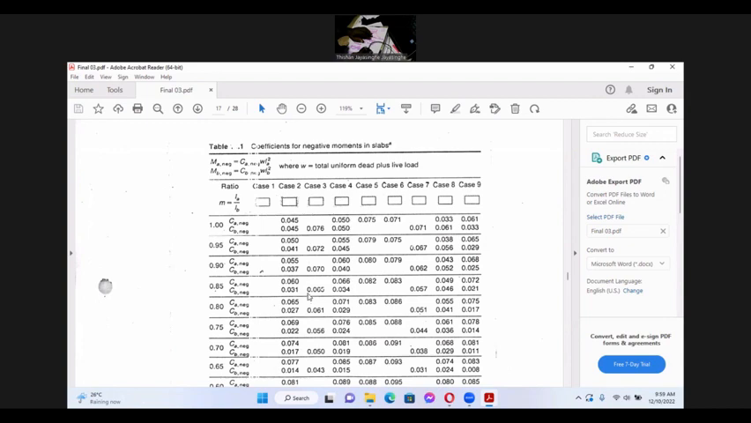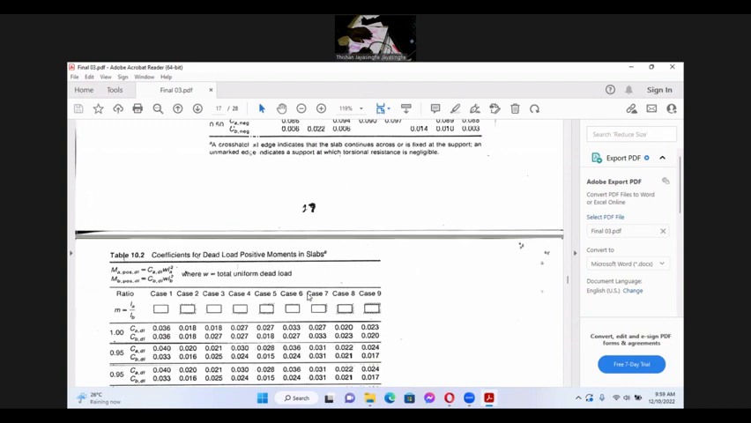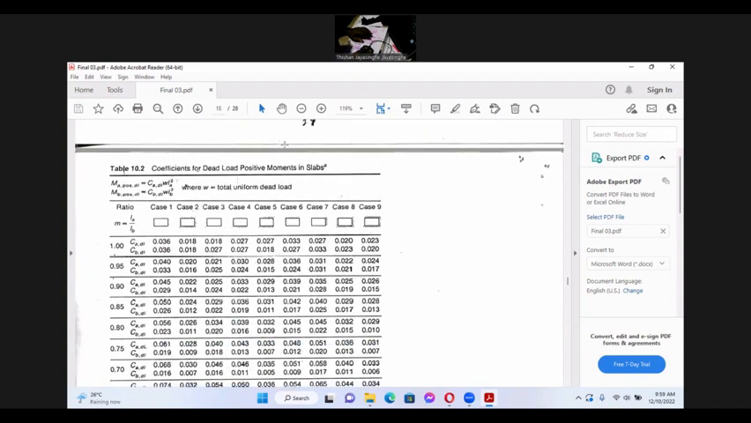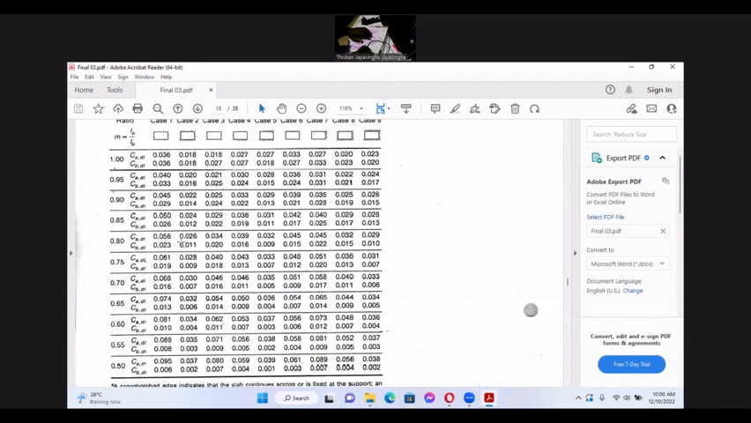So then we can also look at the next one for dead load. Positive moments. These are the sagging moments. Sagging moments in the continuous case, rectangular, are given by a coefficient of 0.036. 0.036. And then you look at